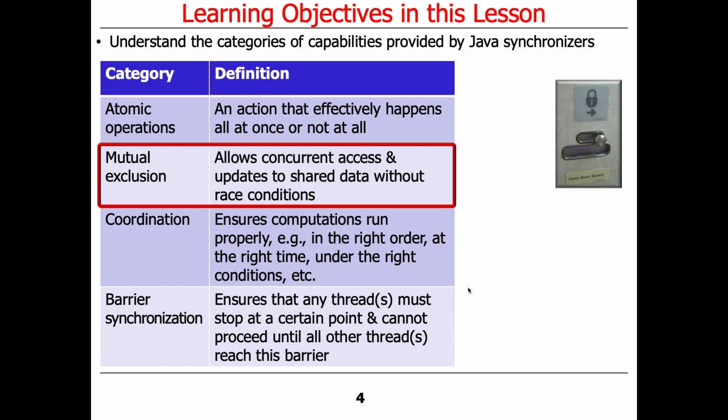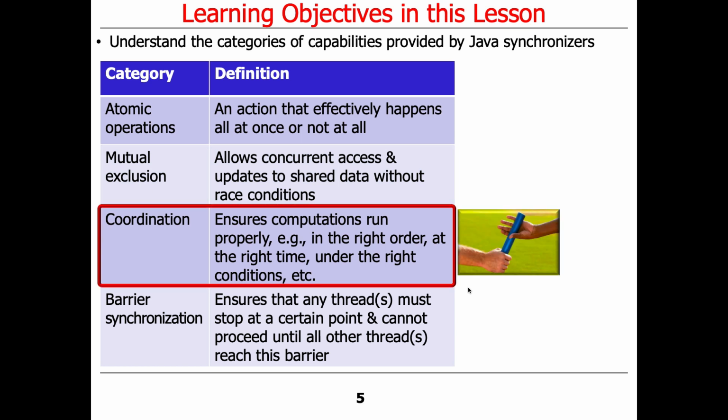The next category of mechanisms that Java provides are called mutual exclusion mechanisms. These allow concurrent access and/or updates to shared mutable data without incurring race conditions. We'll talk a bit more about what race conditions are. Race conditions are the bane of concurrent programming because they cause things to happen in ways that corrupt the data,